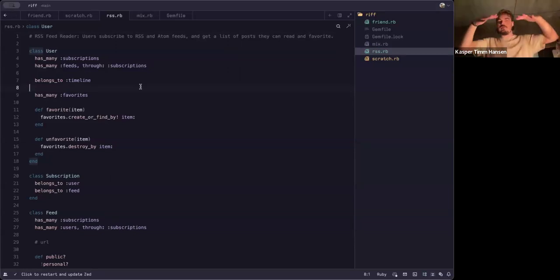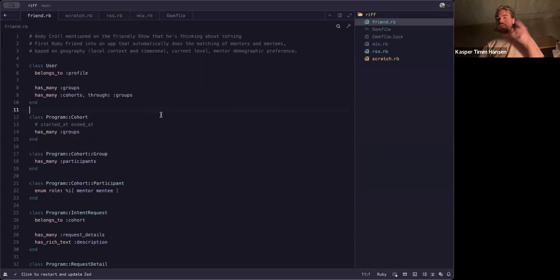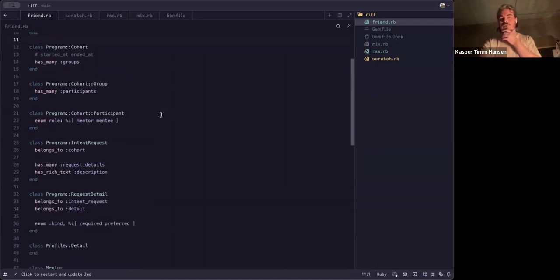It was interesting to see how the more we tried to build up in the Ruby friend example, it was just like, oh, what is the UI actually going to be here? Because we don't really know, and I still think all the modeling we did gives us a lot of flexibility around how we want to display things in the view. We can even experiment with two different versions displaying things, and the modeling would allow for that. It gives us a lot of flexibility without becoming too abstract or too arcane, where it's like, I don't understand any of these things. I mean, there are definitely some names we could look at, but